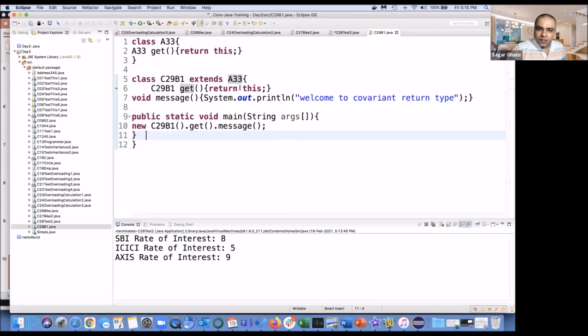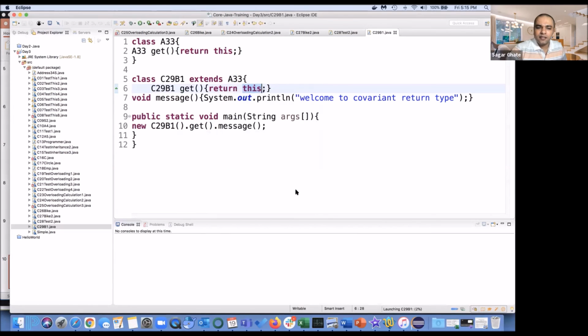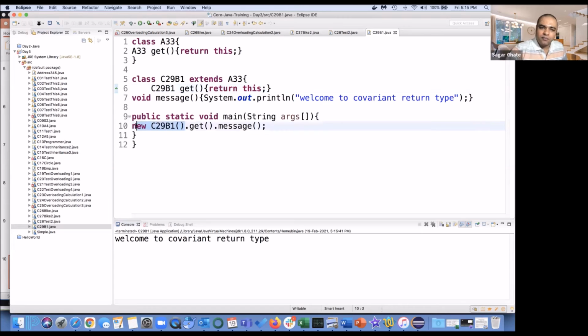So when we say return this, it means whatever is the current object, at that time it is going to return this. The same example which we have seen. Welcome to covariant return type. What happened here is, this is the anonymous object which got created when you call the get method. We are having get method in the child class and in the parent class also.